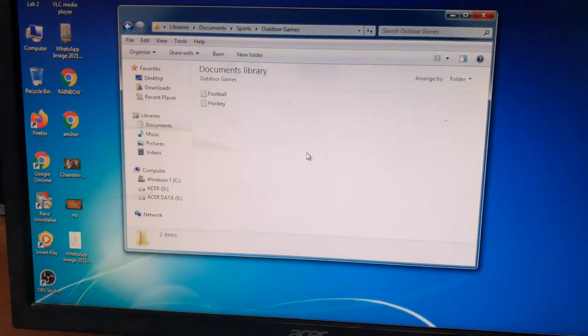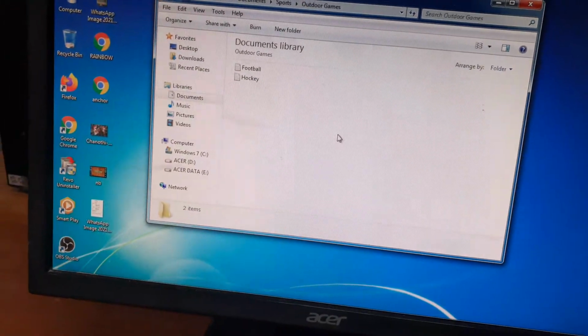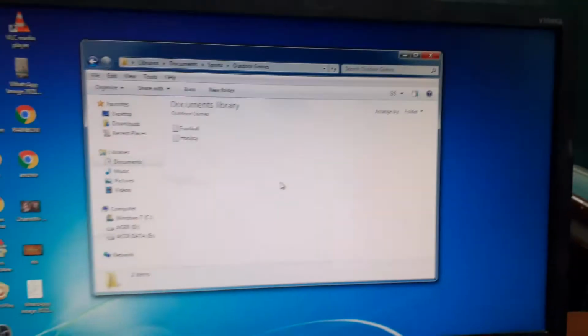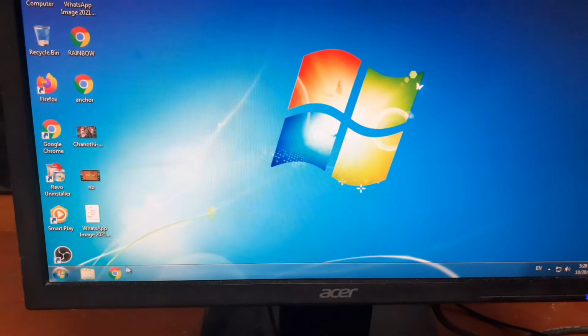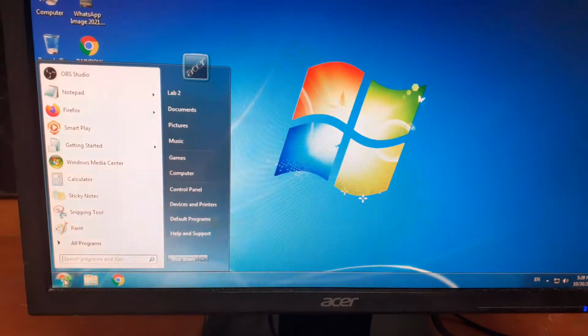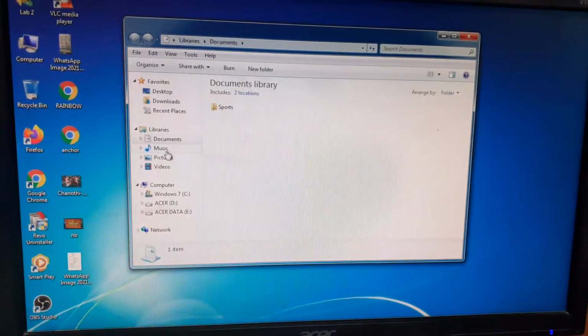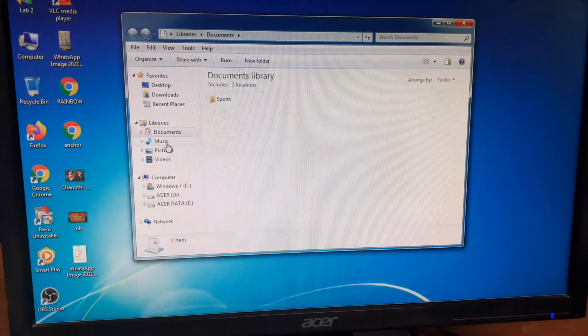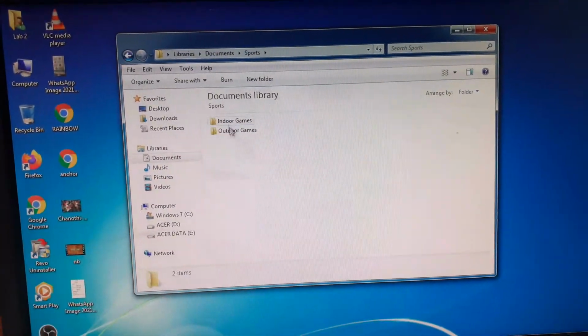So the steps are, first of all click on the start button on the taskbar. Here this is the taskbar, this is the start button. Click on the documents window. Now in this window click on the sports folder to see the sports window.